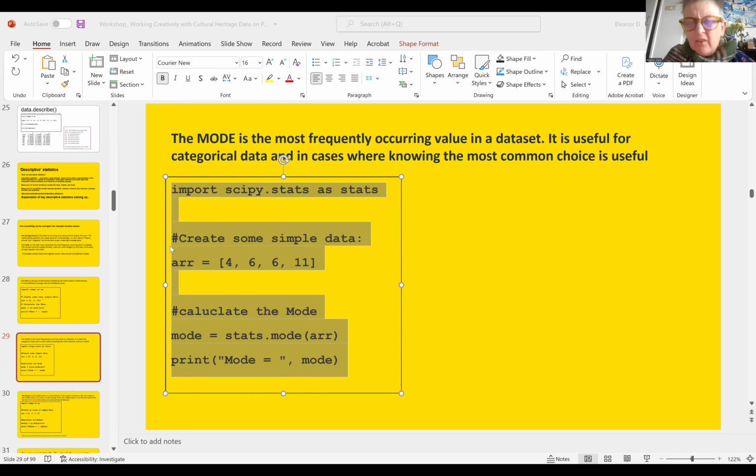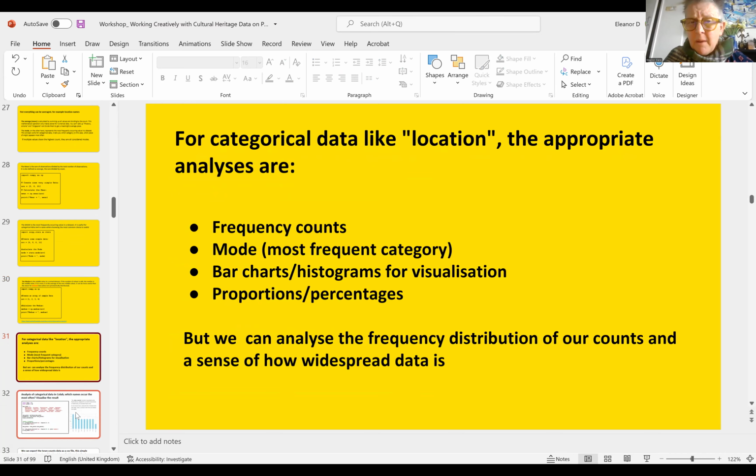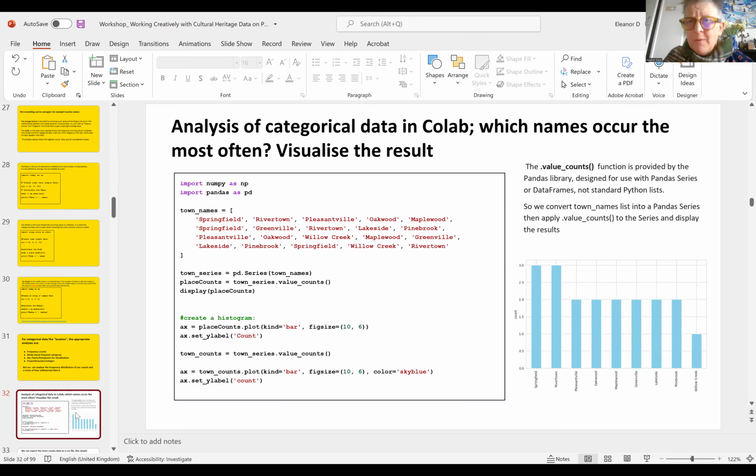This bit here is just telling us what type of data we're dealing with. And nothing would happen until we said print mode, here's what we want to say, equals, and then the result, which is mode result. So this may or may not mean much to you, may not be of interest to you, but I hope you can begin to see that when we look at things like, let's look at some